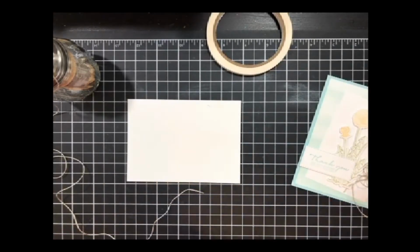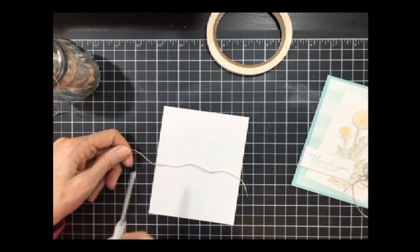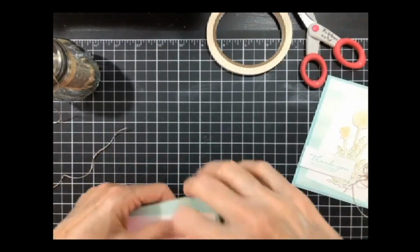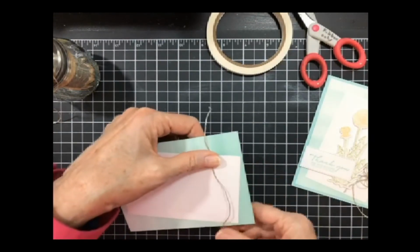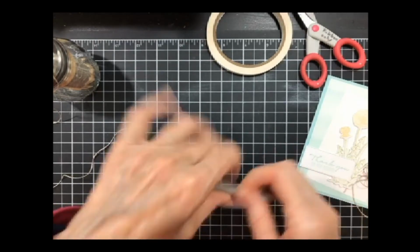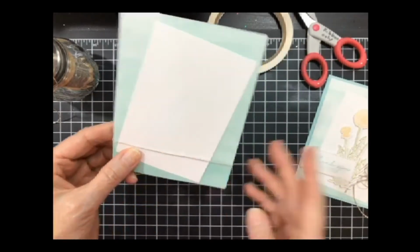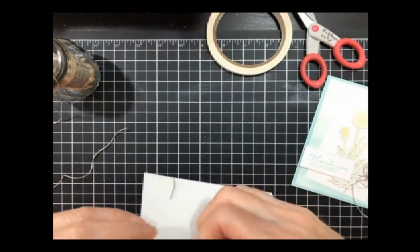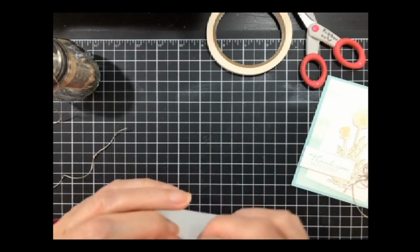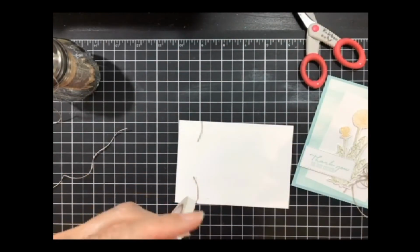All right. And I'm going to cut my piece of twine. Remember, use your ribbon scissors. If you don't have any, get some. Cutting ribbon dulls your scissors, and then when you have to cut paper, you get jagged edges and you get a mess. All right, so I've got that on there. I've got this on here. It's stuck to me. Let's see. Make sure it's on straight and tight. And then I'm going to put another piece of double-sided tape on top because,